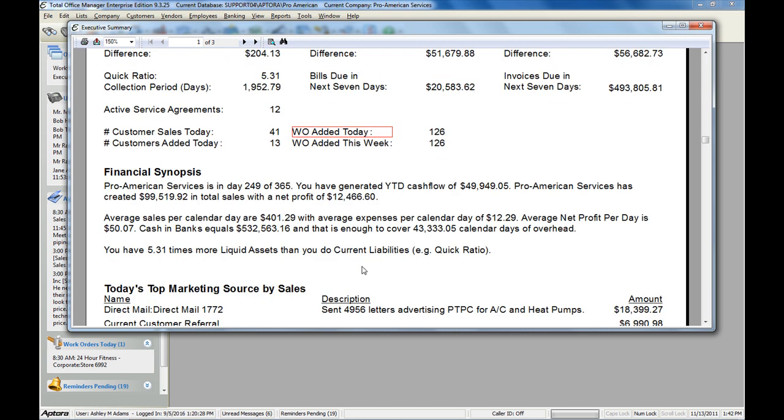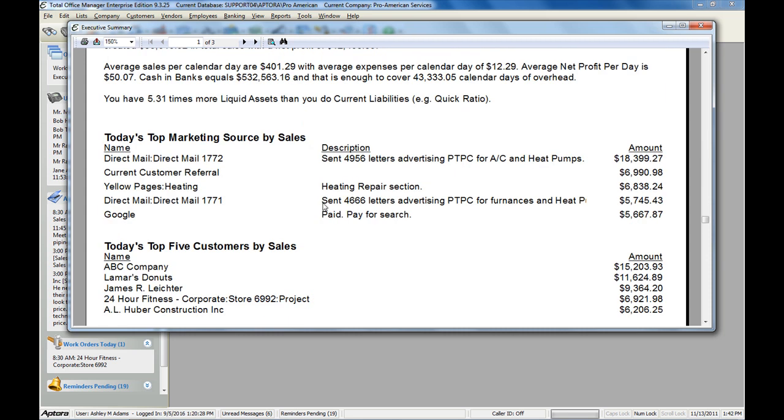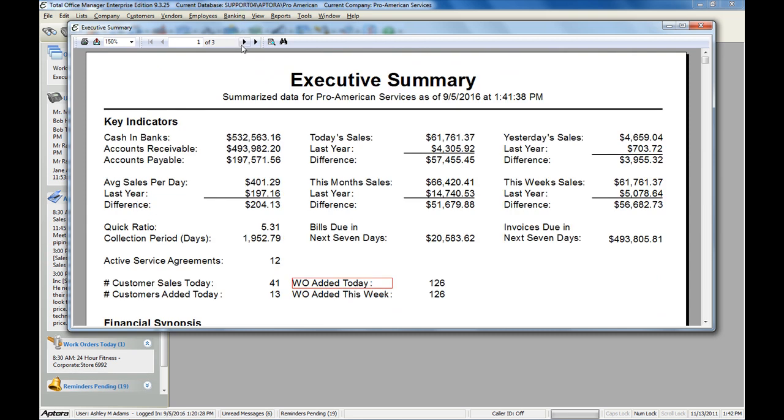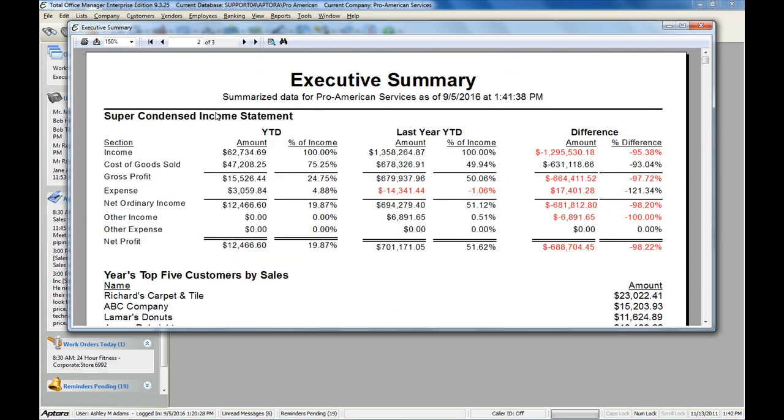We have a 3-paragraph financial synopsis that you can see here. This will show you your profitability, your cash flow, and other things. You'll see your top marketing, top salespeople, top selling inventory items. There is a really handy super condensed income statement that you can see here. This quickly shows you your annual income, overhead, gross profit margin, net profit, compares all of it to the prior